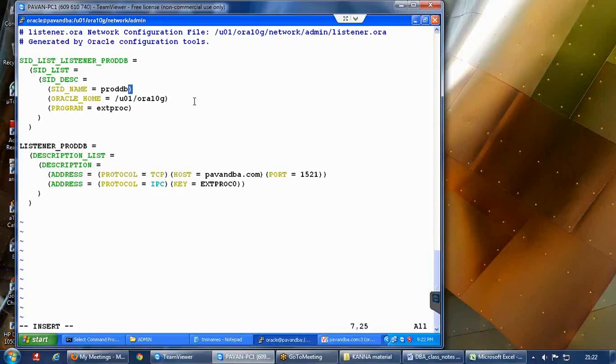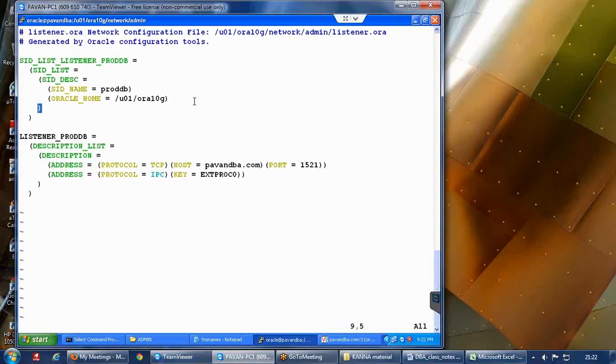In my case the instance name is ProdDB, so I am just giving that name. If you want to change the Oracle home path you can, but in my case there is no change. And I need to remove the third line where it says program equals extproc. I am using the dd command because this is the vi editor.